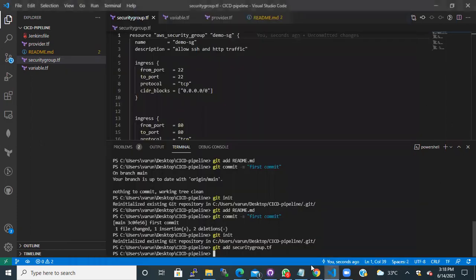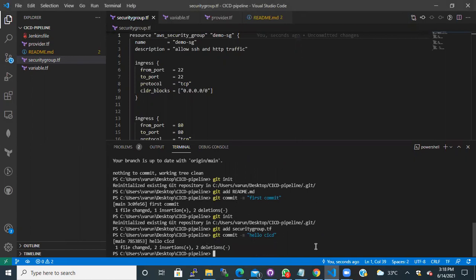And then I'll do git commit -m comments. I'll give hello CI/CD. So I just committed, and you see what happened. There is one file that is changed, right?